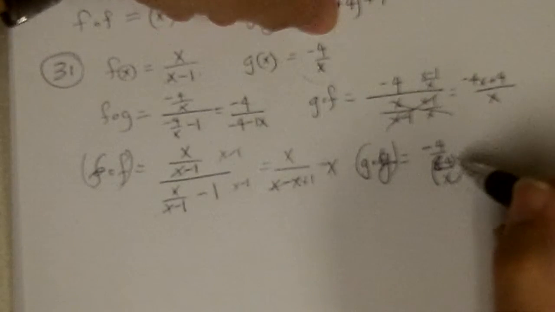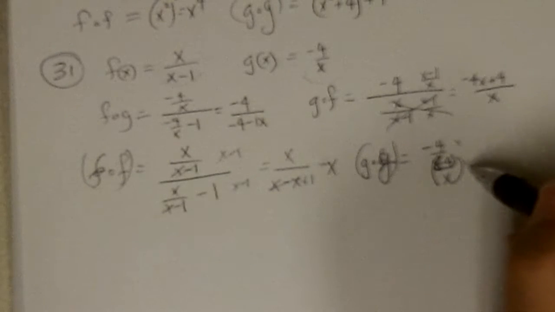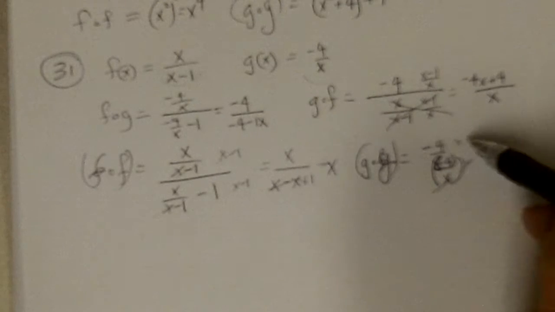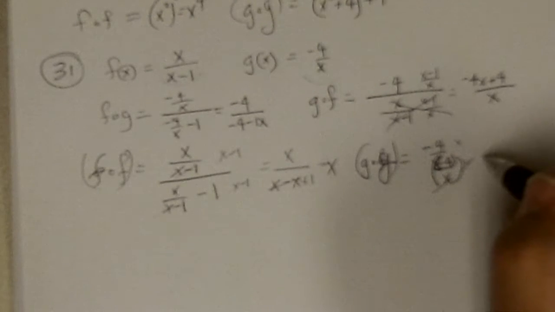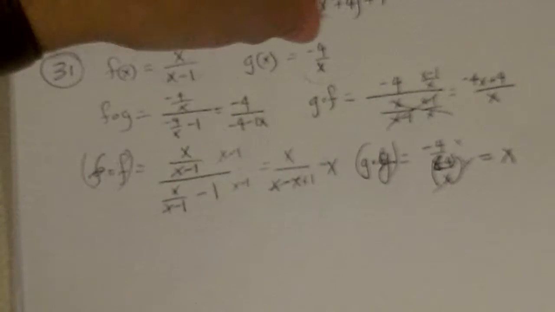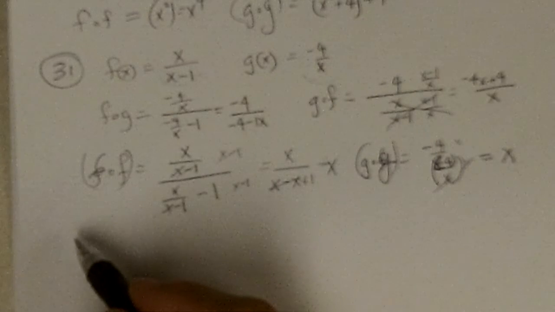So if I multiply the numerator and denominator by x, x's cancel here, and I get minus 4 over minus 4, which is 1x. So g is also an inverse of itself. If I do it, it'll give me back what g was originally. Anyway,